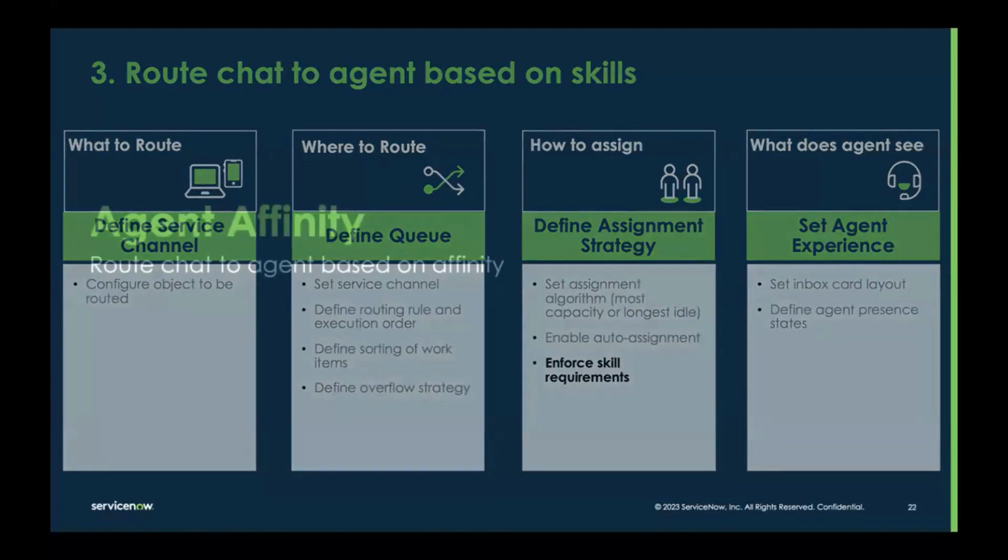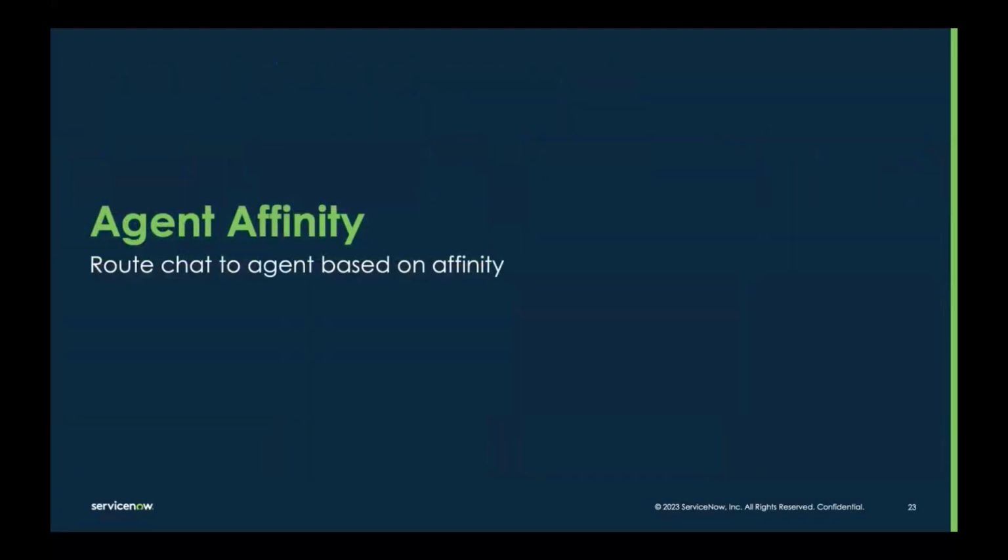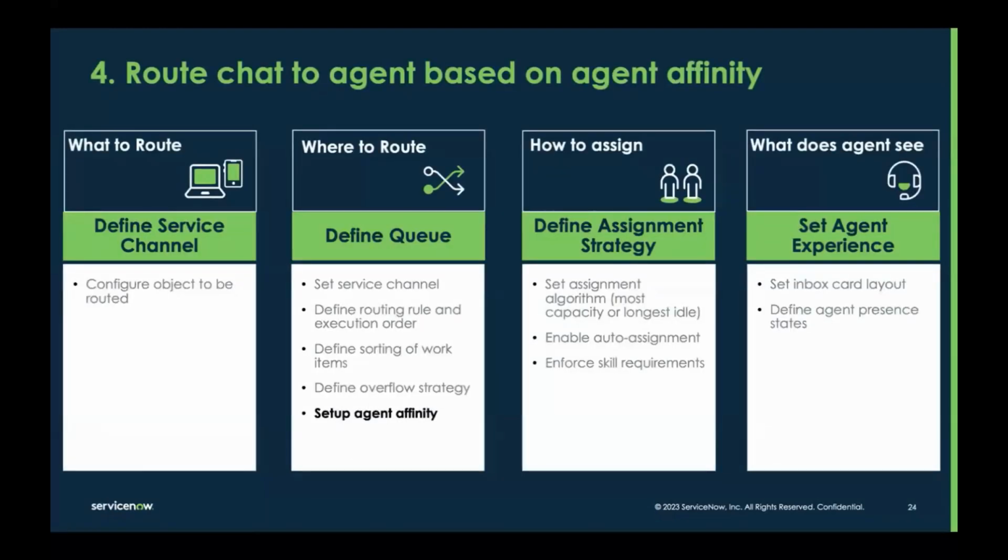In the interest of time, I will walk through the fourth and fifth demo. We will not get into the instance. I'll walk you through the configuration. Agent affinity is where you want to look at the work item itself and try to find affinity between the agent and the incoming work. We offer 3 flavors of affinity. One is